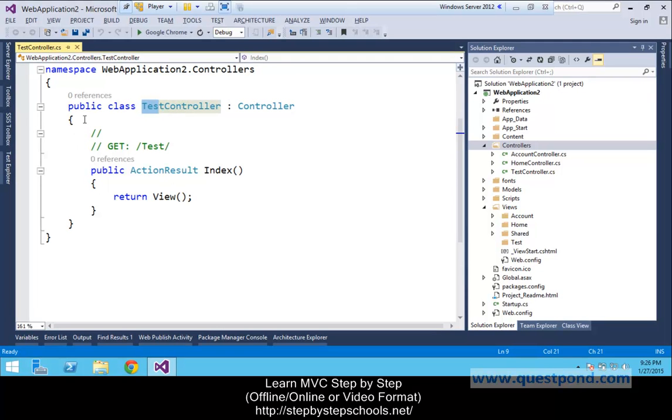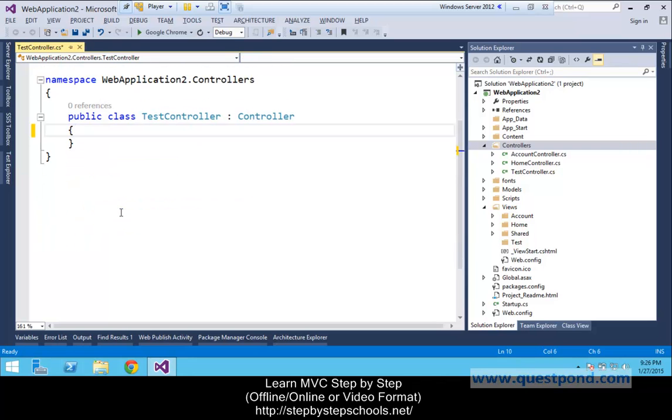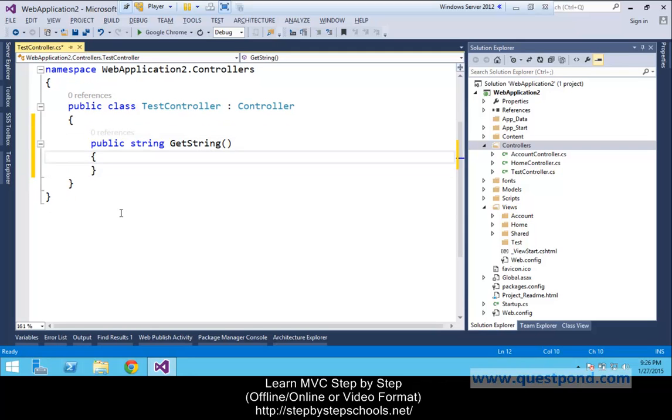Next, let's remove everything from here and create a simple method: public string GetString. Now what is this method? We call this method an action method. An action method is something to which the user will send a request.